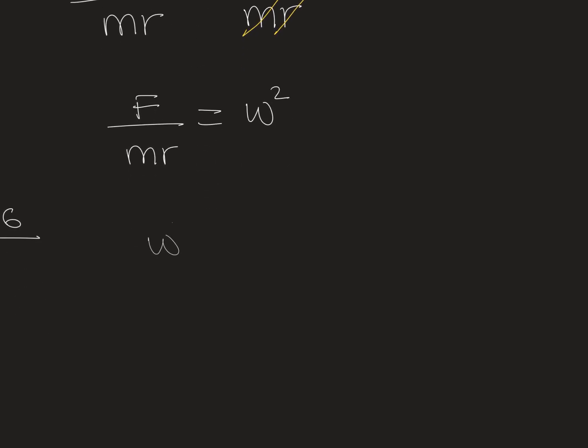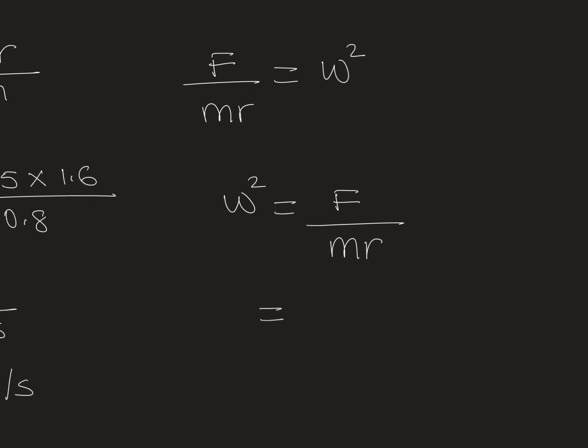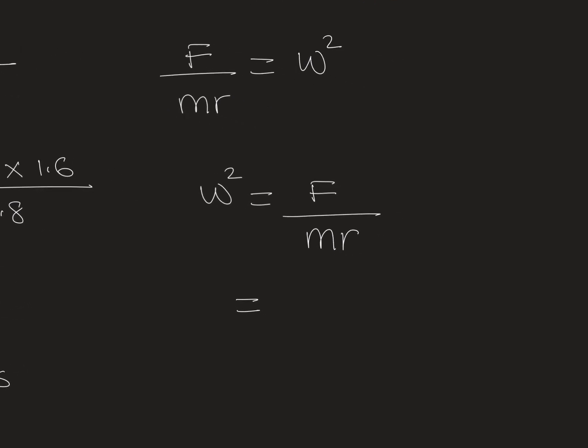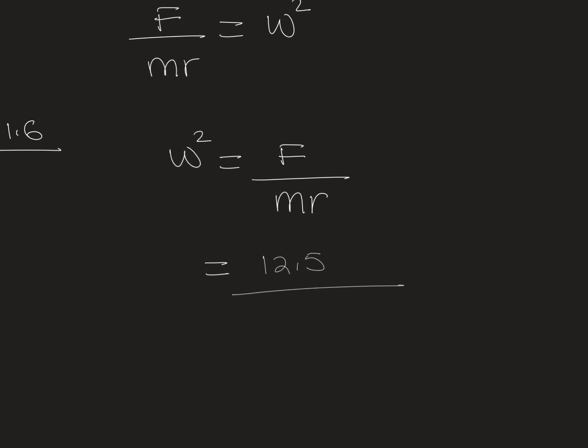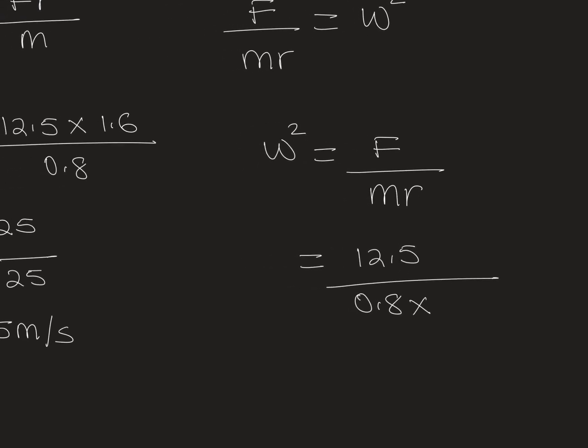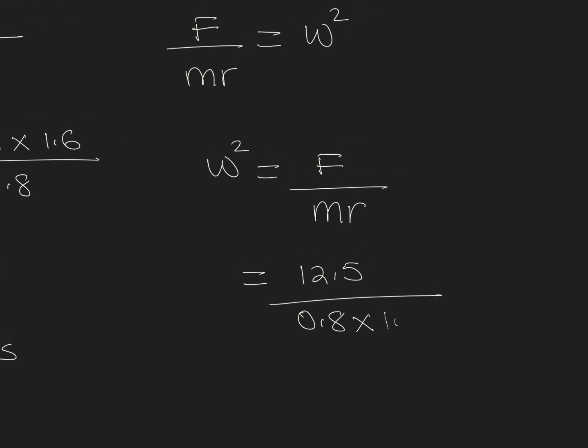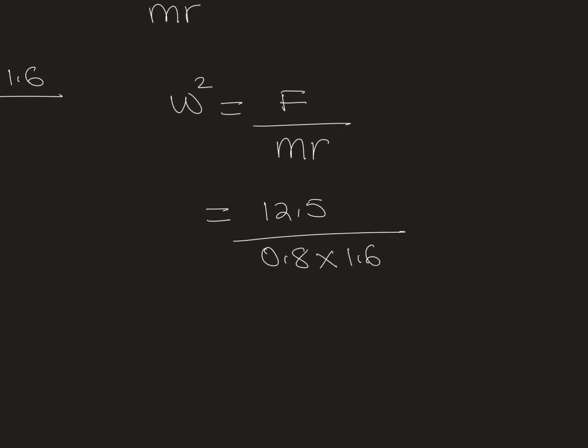So omega square is equal to F divided by mr. If we substitute the values, the centripetal force is 12.5 newtons divided by the mass, 0.8 kilograms, multiplied by the radius, 1.6 meters. So 12.5 divided by 0.8 times 1.6, you will have